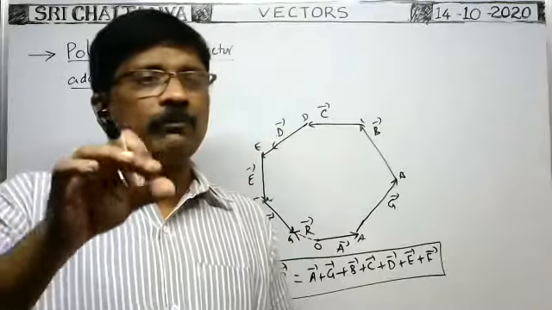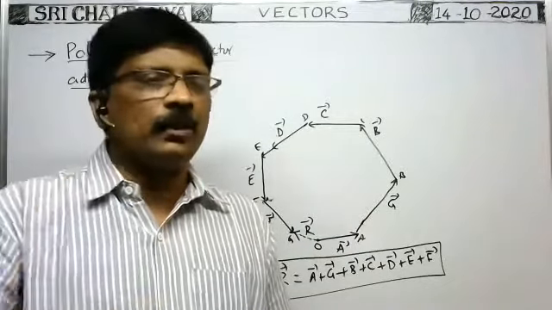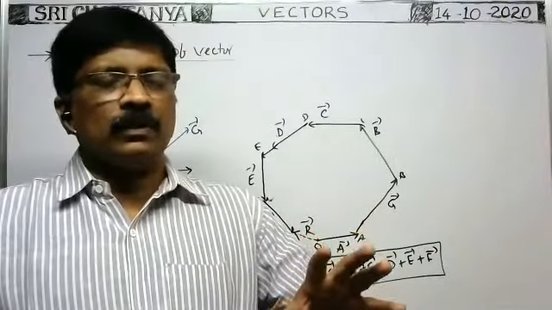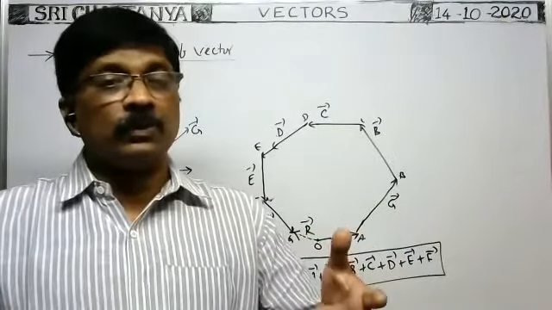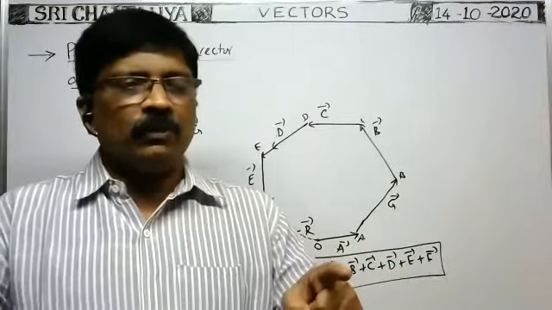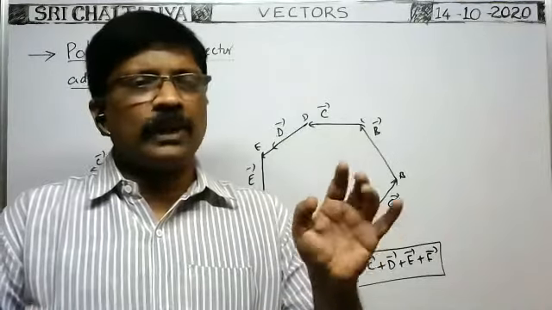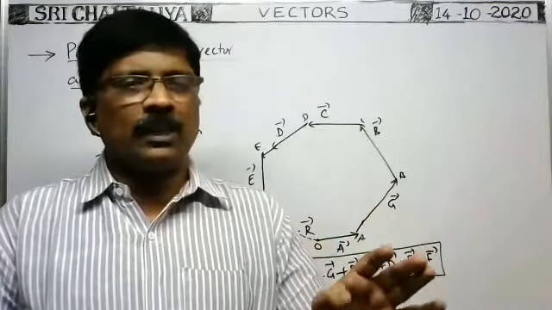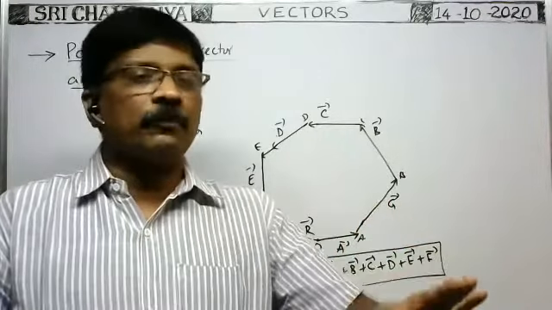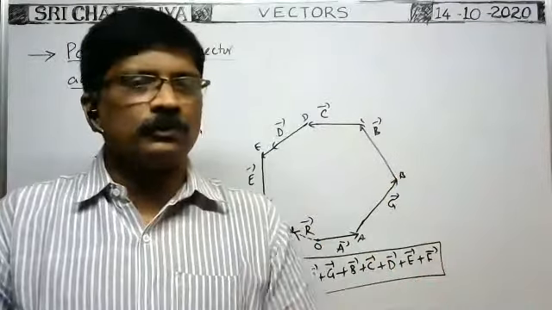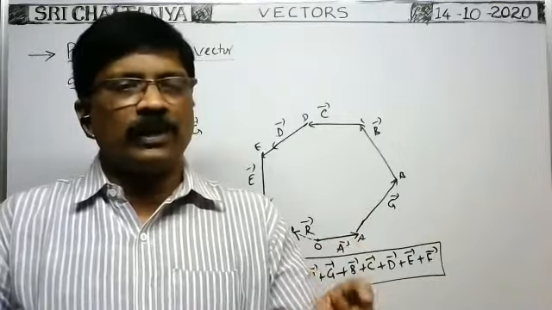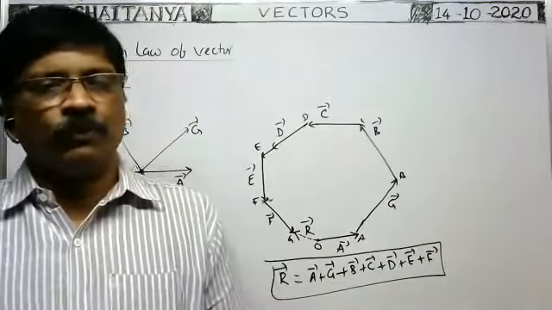What is the minimum number of non-collinear, non-coplanar forces required to keep the body in equilibrium? No, listen carefully. What is the minimum number of non-collinear coplanar forces required to keep the body in equilibrium? It is 3. Minimum number of non-collinear, non-coplanar forces, that is, not all forces in the same plane, required to keep the body in equilibrium is 4. Very good, Vishnu. 4.